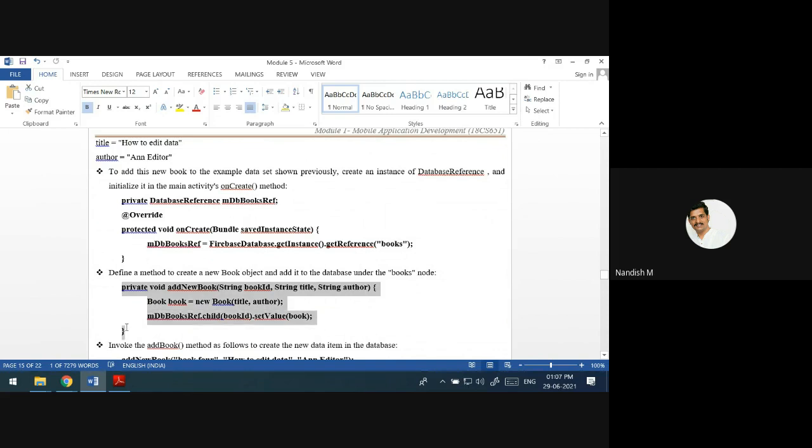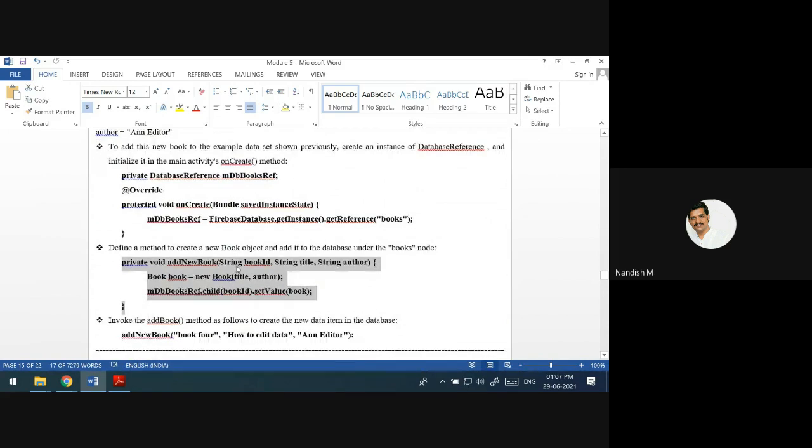I'll write one custom function, add new book. Book ID I will pass, title, author. See the function: this reference, because we want the address. Inside the address dot child. The child will give you the address of that particular node. This is the book ID.